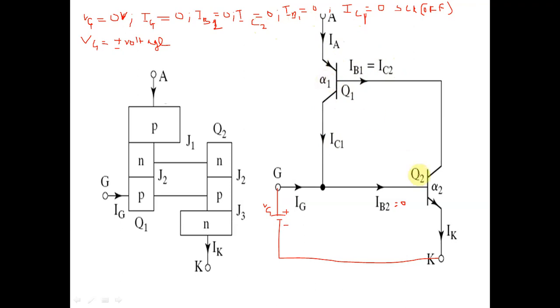So both transistors, Q1 and Q2, are in off state. If two transistors are in off state, the SCR is also in off state. If we apply some positive voltage to the Vg,